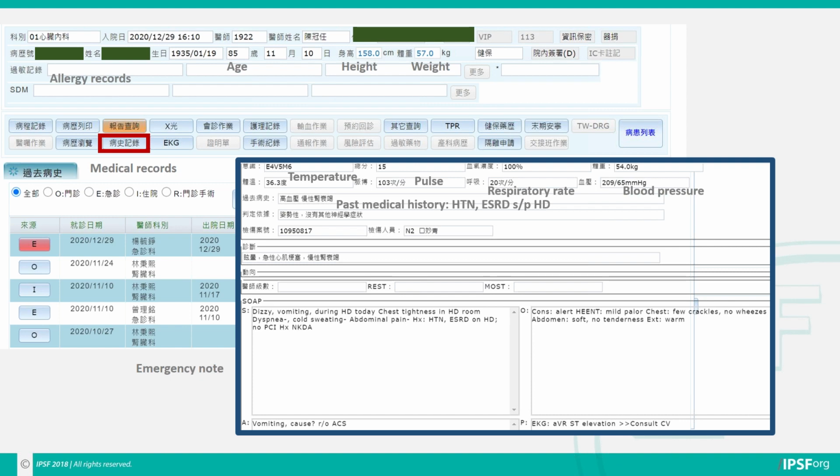Now, look at the analysis. What is the cause of the vomiting? We have to rule out whether it's due to uremia, and that's exactly what they did. So the physicians set up an EKG test, and they found ST elevation. And as a result,